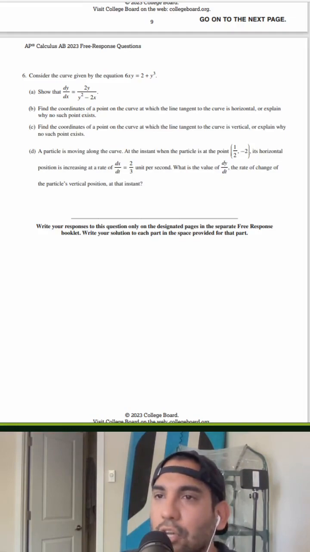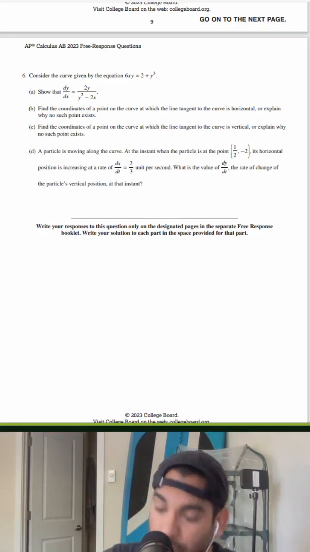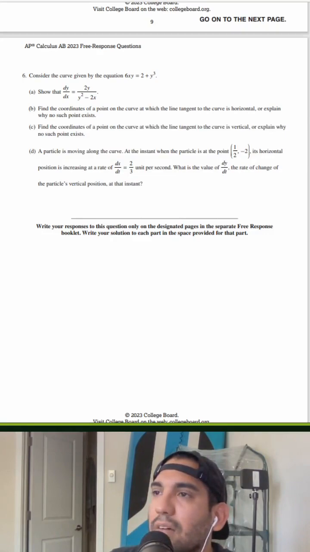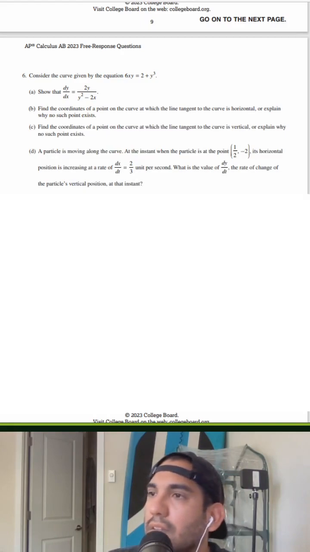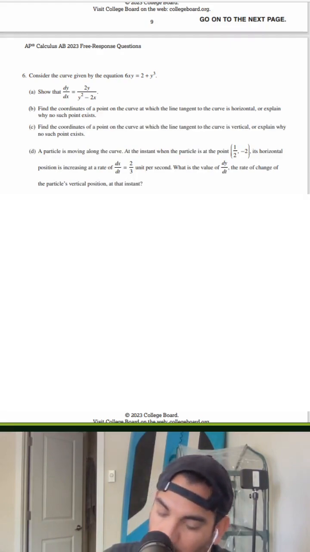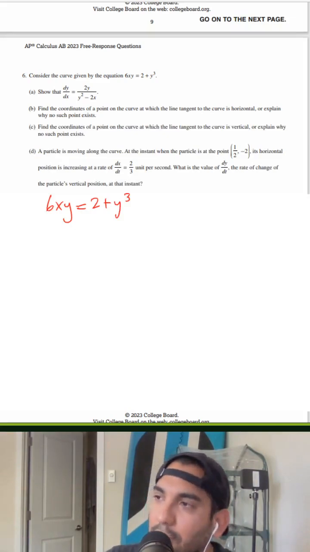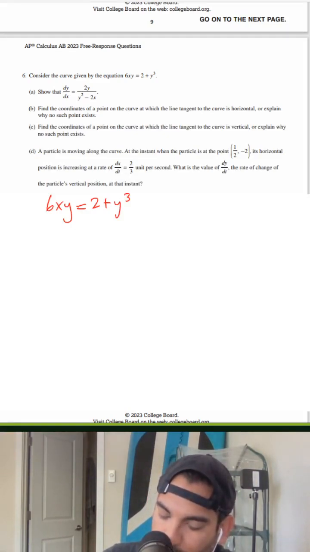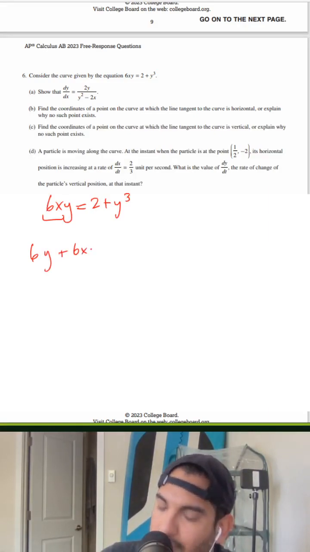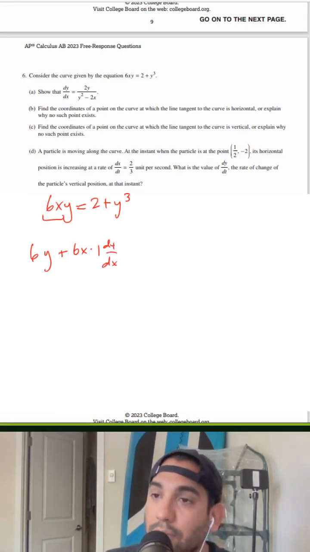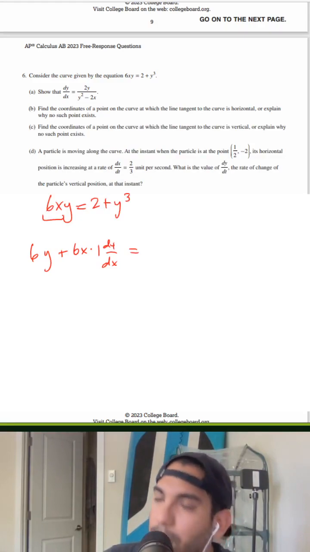All right, let's talk about part A. They give us the original function. Oh, this is a perfect opportunity. I love when they leave us with all this space. Now, part A, they just want us to take the derivative. That is implicit differentiation. On the left side, we're using the product rule. We take the derivative of 6x, so 6y, plus 6x times the derivative of y, which is 1, but because we're doing implicit differentiation, we have to write dy over dx, is equal to the derivative of 2,